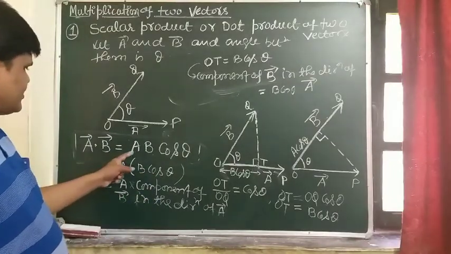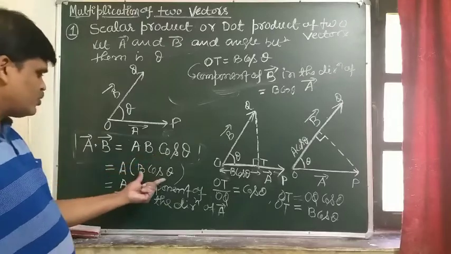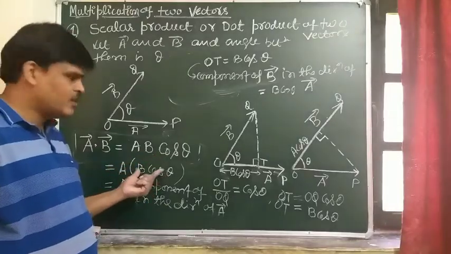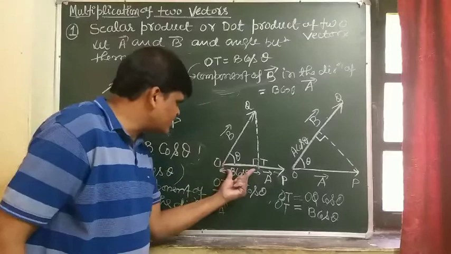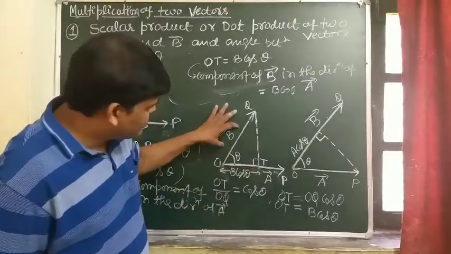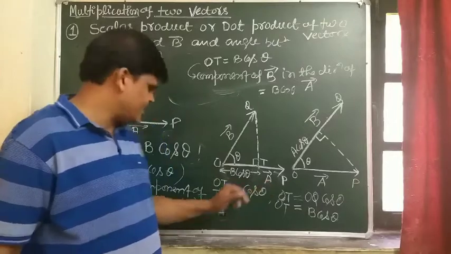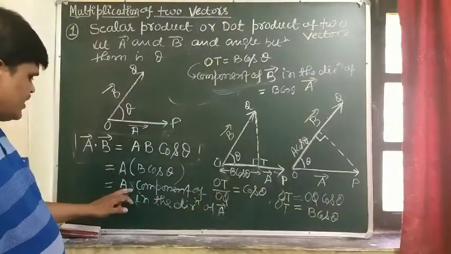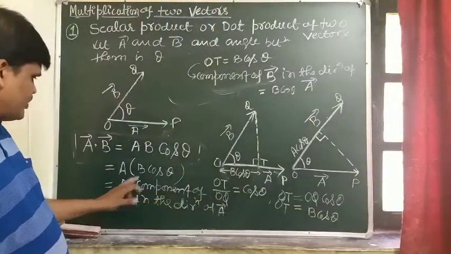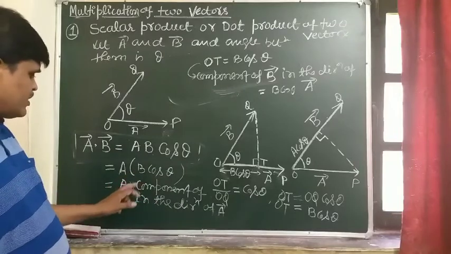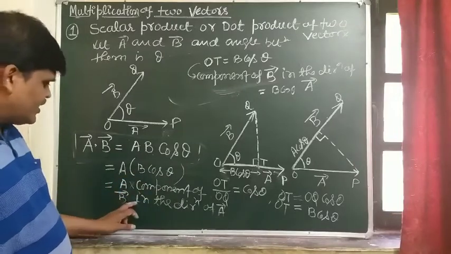A dot B can be written as AB cos theta. So B cos theta is the component of B in the direction of the first vector, that is vector A. So first vector into the component of the second vector in the direction of